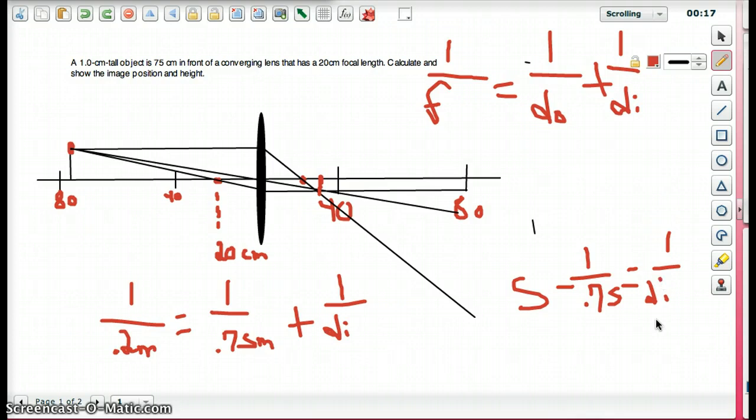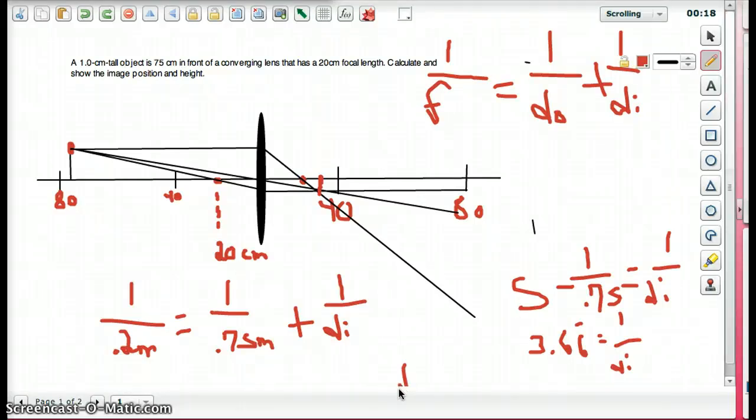So we get that 5 minus 1 divided by 0.75 is 3.66 repeated, which equals 1 over d_i. So then we just flip it around and take 1 divided by 3.66 repeated, and we'll get an answer. Distance of the image equals